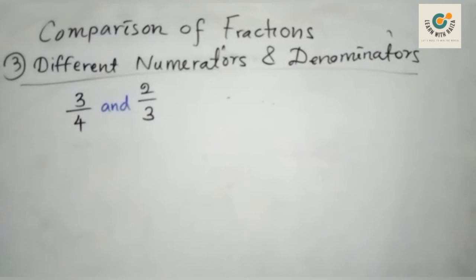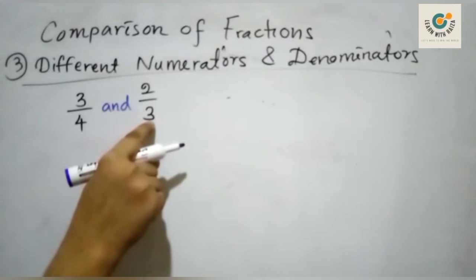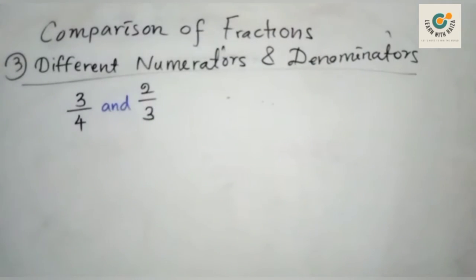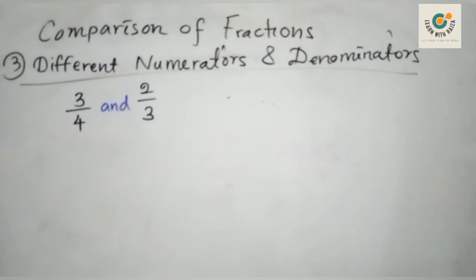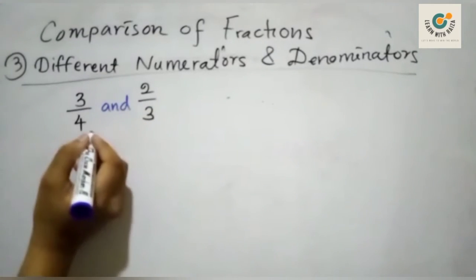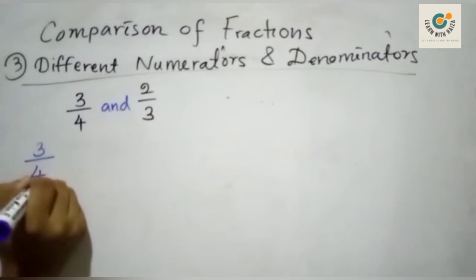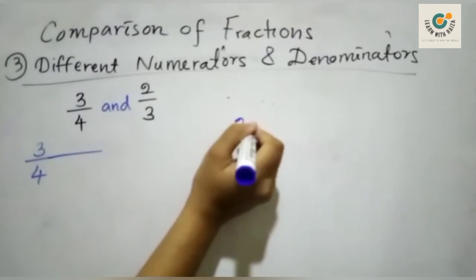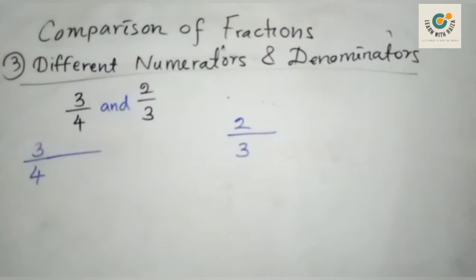So now let's consider another example, 3 over 4 and 2 over 3, which is the larger fraction? You may say 3 over 4, but we'll check. We have to make the same denominators. As I told you before, ask whether the smaller denominator can make the larger number from its multiplication table. No, you don't have 4 in the 3 times table. Then what you have to do is get their LCM. So make the 3 over 4 fraction and the 2 over 3 fraction have the same denominator.